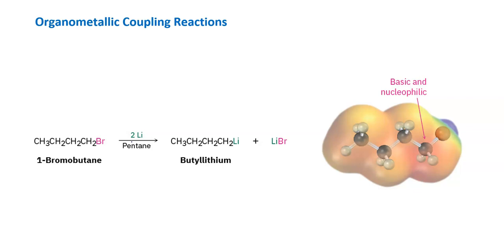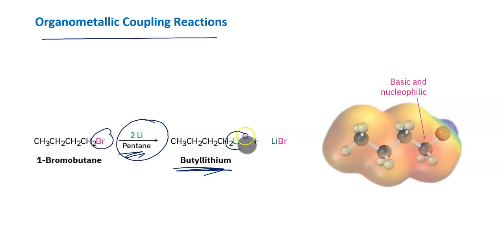So other organometallic coupling reactions. These are butyllithium, lithium reagents. Butyllithium is one of the more common ones. It behaves similar to a Grignard. Basically, you're using lithium metal instead and a slightly different solvent, but you're completely removing the halide and putting lithium in its place. So in this case, you have 4 carbons and that lithium ion on the end,